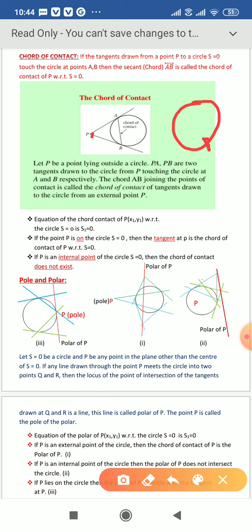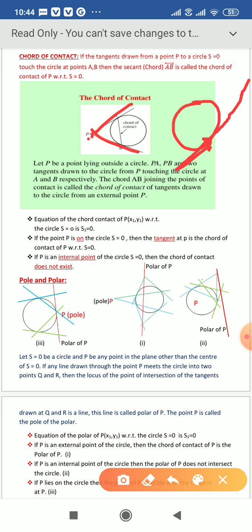We draw a tangent from P. From the definition, these are the tangents drawn from P. Here P is a point. Now in this case, P is a point on the circle. Now we draw a tangent to the circle from P. But here P is a point on the circle, so this is the tangent drawn from P to the circle. This is the only tangent.